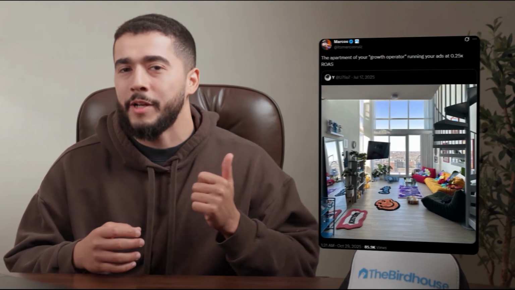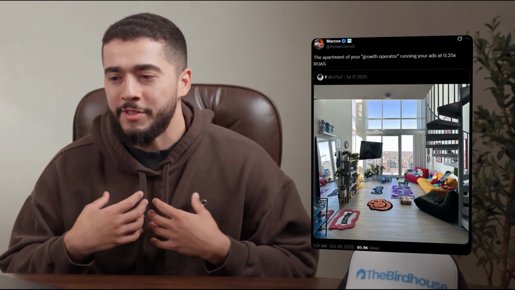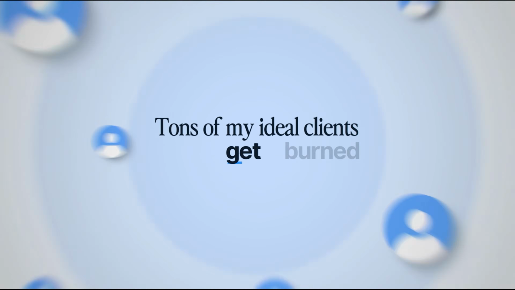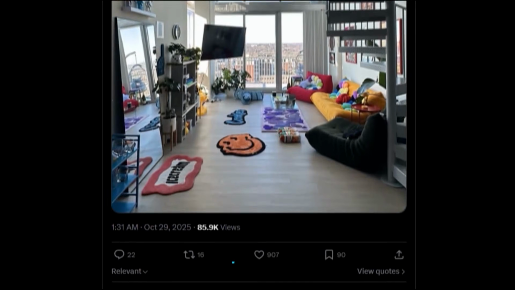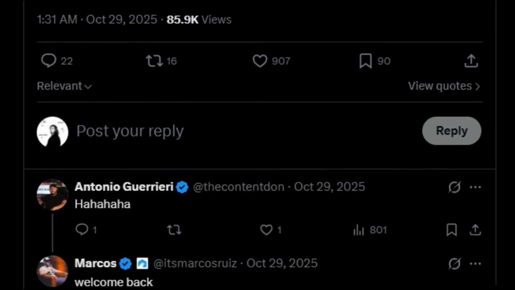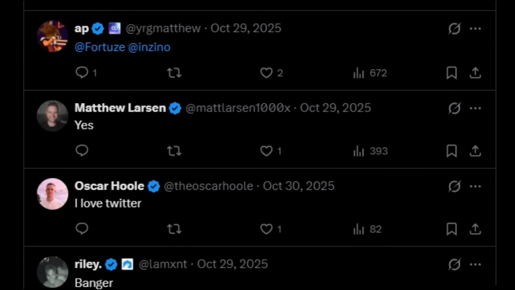So the example I'm popping up on the screen is one of my quote tweets, the apartment of your growth operator running ads at 0.25x ROAS. Tons of my ideal clients get burned by these growth operators that are just losing them a bunch of money. And the joke of it is that really only my customers will understand this. So it got tons and tons of likes, 950 likes, 85,000 views. And I got a bunch of high profile people laughing in the comments, tagging their friends, and it just lowered their guard down,